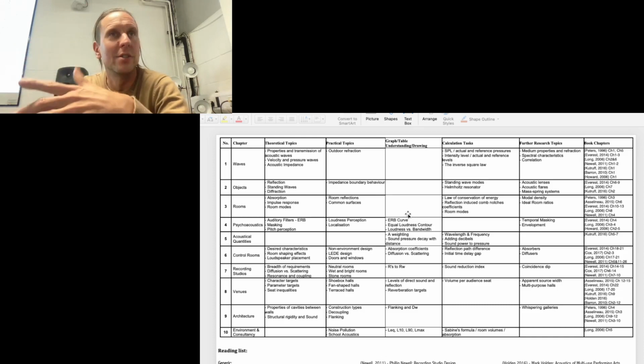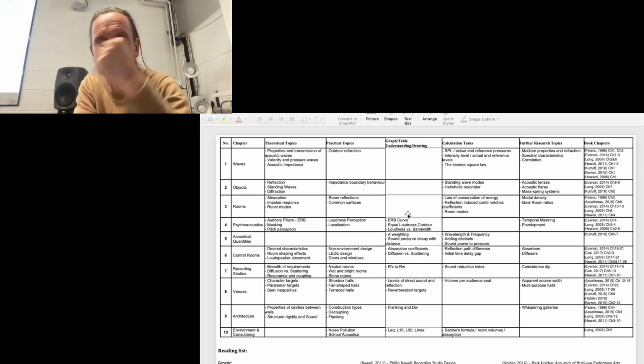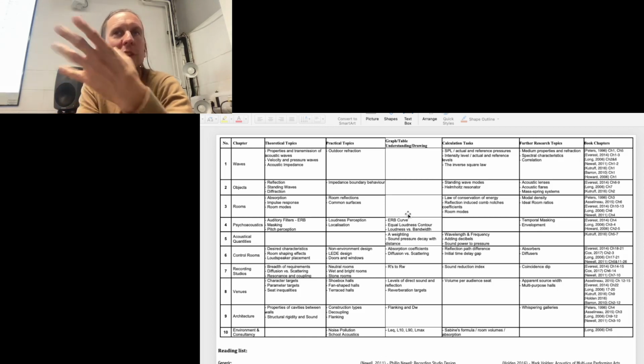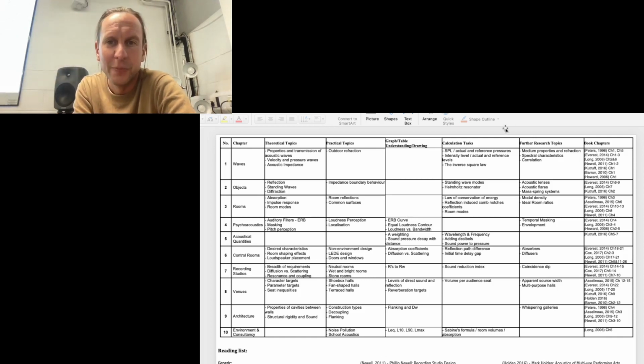So I will use these terms. I will say attenuation 1,000,000 times, and acquire it. Use the word attenuation. These are the things that really make you a graduate in this domain. But the really interesting thing for us here is further research topics. So there's a lot of ahead-looking stuff here.